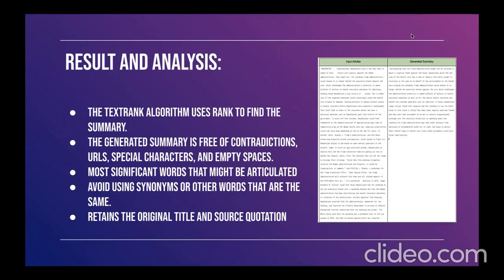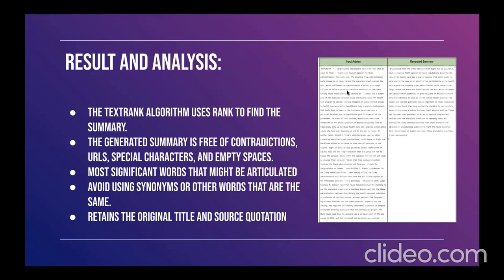Now I will talk about the result analysis section in our research project based on academic text summarization using NLP technique. So we have used this article as input in our system, and this article consists of 5,607 words, and our generated summary is 1,680. So from that, we can say that our TextRank algorithm has successfully generated a decent summary,